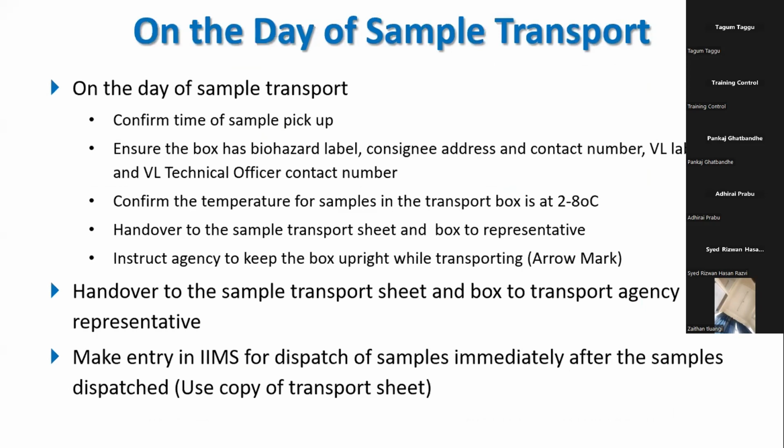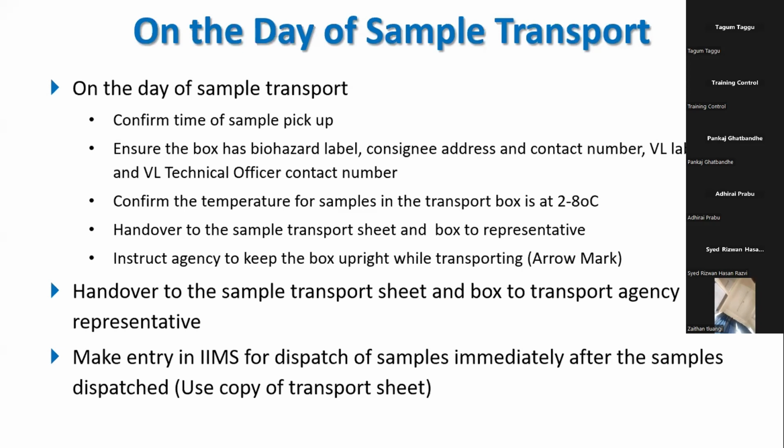At whatever time you have your scheduled pickup, make sure that your transport box, just the box without sample, is ready half an hour before. The reason is that it will take time to cool down the box. So you place all your gel packs, put absorbent material, close the box, and leave it for half an hour to 40 minutes. After that time, only then you can transfer your samples from the refrigerator to the cold chain